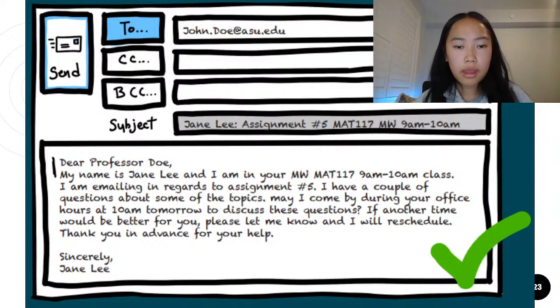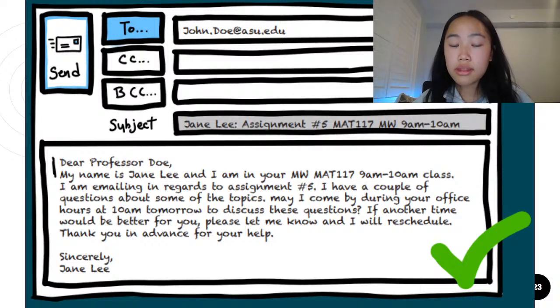They mentioned that they're emailing in regards to the assignment and that they have a few questions, and it's pretty straightforward. I think the only thing that I would change is the spacing. I would space it out a little more and make it not look like a paragraph, because it does look like a little paragraph. But yeah, it's really nice.